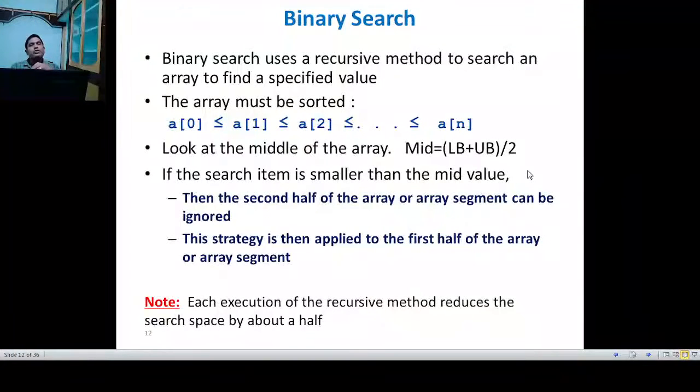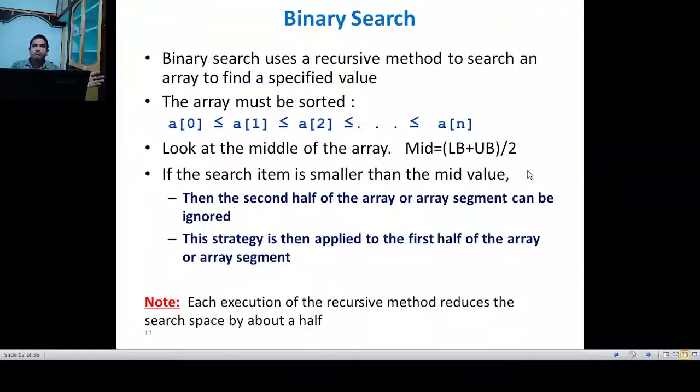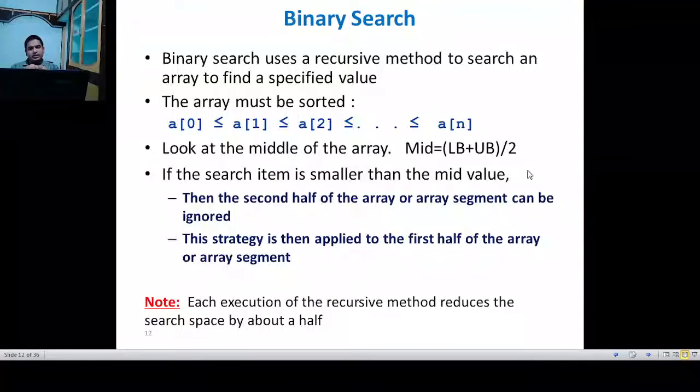You can go to the approximate middle element, and if the item to be searched is equal to the middle element, then it's well and good, the item is found. Otherwise, if it is smaller than the middle element, then search in the first half, repeat the same procedure for the first half, otherwise repeat the same procedure for the second half.